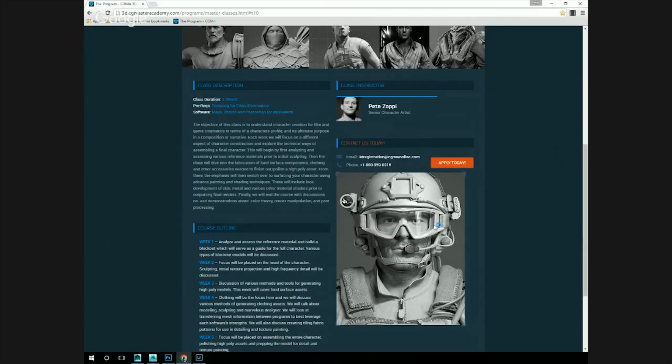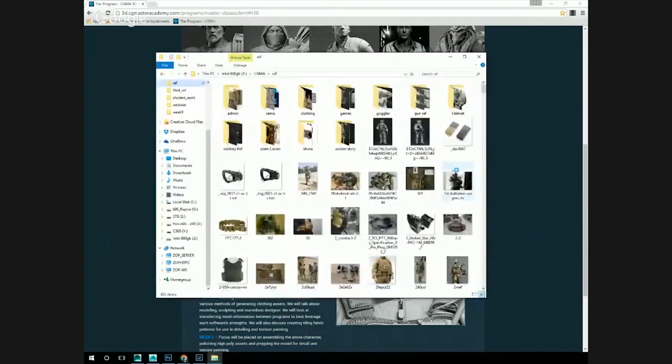Okay, cool. And what type of references are given for a character like this? Dig into some of the references and what you use. So let me pull up some of the references. Usually when I'm putting a character like this together, I collect as much reference as possible, and that can come from anywhere. If we look in my reference folder here, I have everything from this type of stuff,